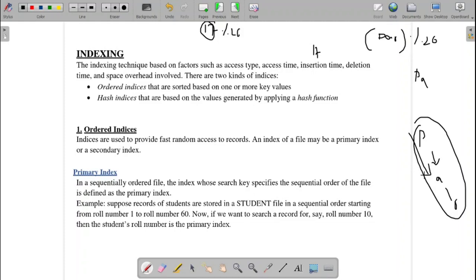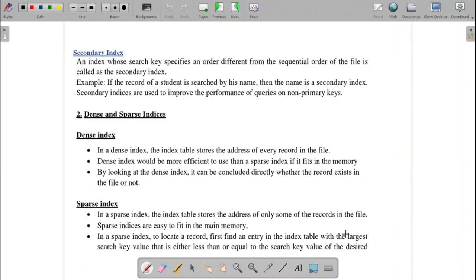Next one, that is, suppose a file contains the records of students sequentially, starting from roll number 1 to 60. Now if I want to search any student by their roll number, then it is a primary index. Now, the second one: suppose your parent comes to the college and they don't know your roll number, but